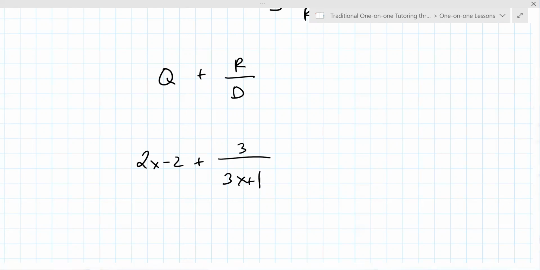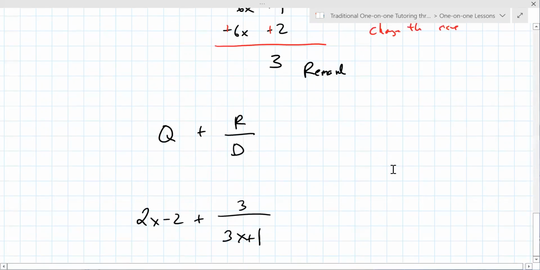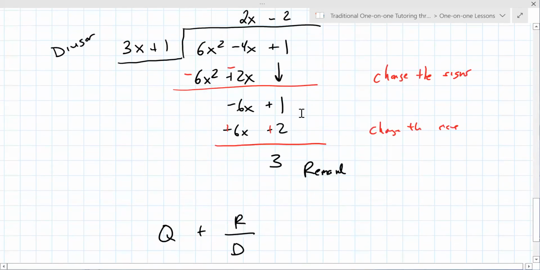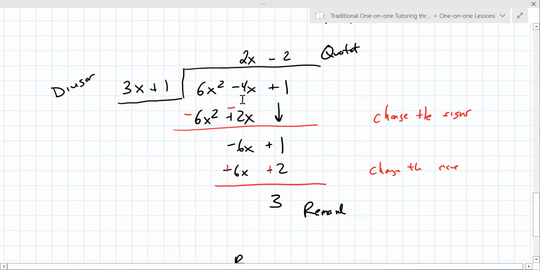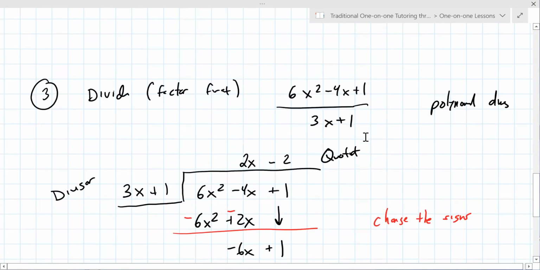Right. There's infinitely many problems they could give you. Do you think it'll be like this one? I honestly don't think